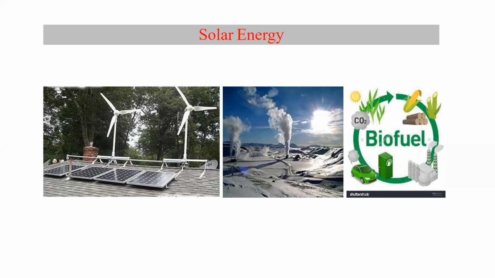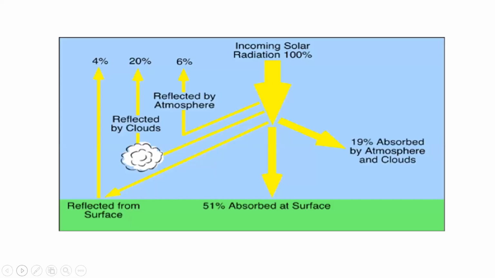So right now, as everybody knows, what is meant by solar energy is that we are utilizing the solar energy by using the solar cell. In the middle, we have the solar cell, which is converting the solar energy into useful energy. So this is the basic diagram. Coming to the next slide, we'll be explaining.